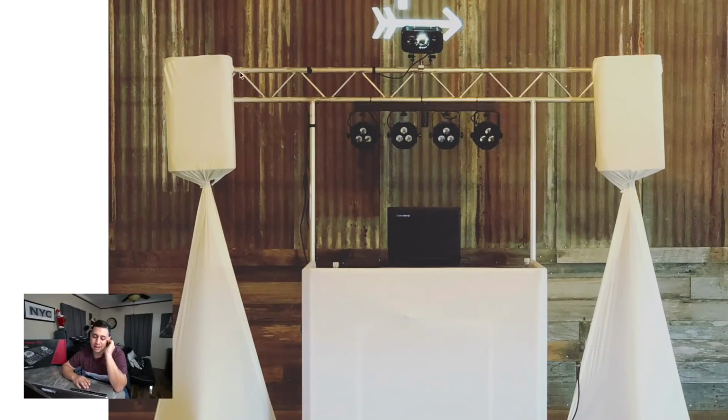Fan at all of scrims on top of speakers. It looks weird, man. These look like little goats. This looks like...